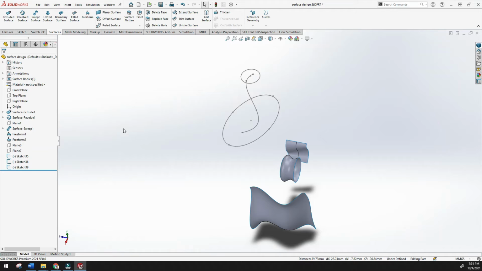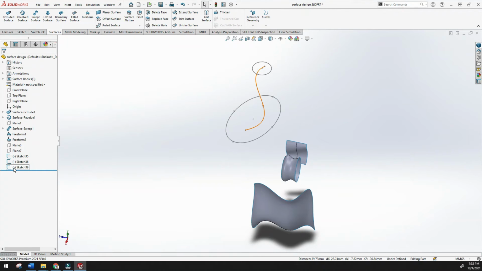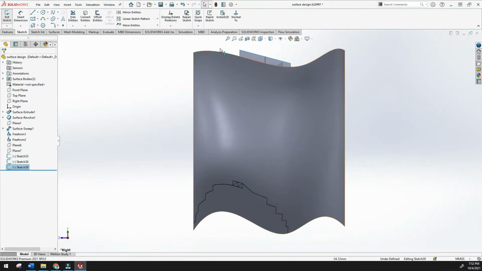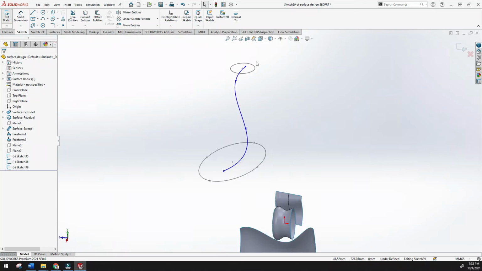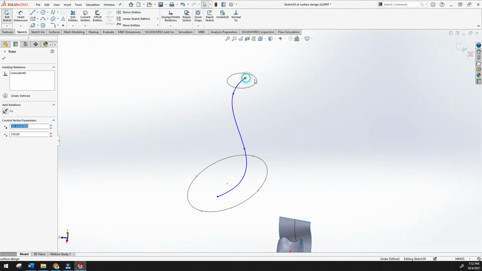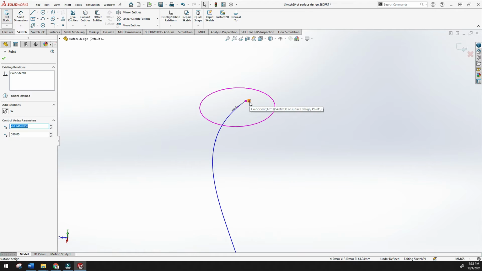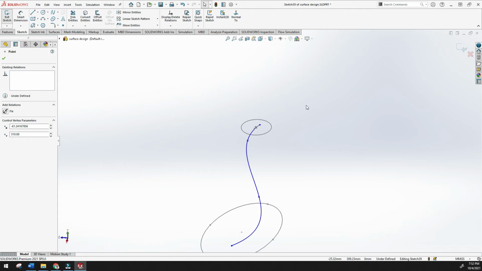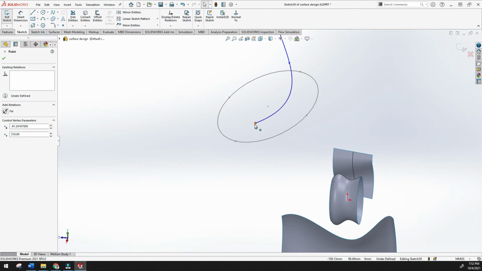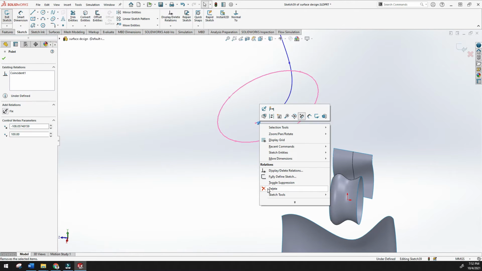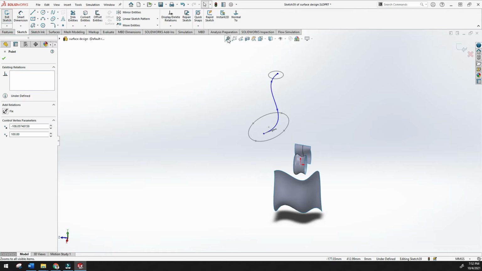Make sure of the coincidence: click this coincidence button and delete it with the keyboard delete button. I have deleted this relation. Again click here, you will get the relation, click it and delete it. You can also right click and choose delete. So now there is no relation.